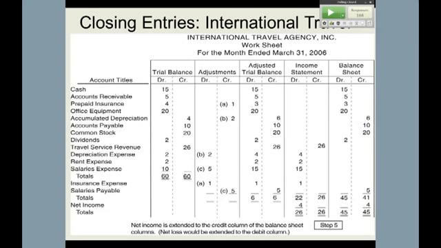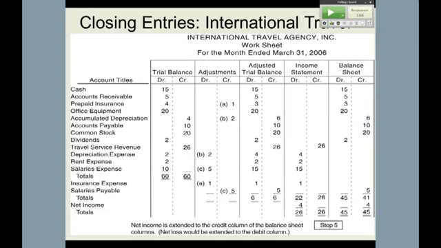Now again, if you're looking at a worksheet, and again, this could be a multiple choice question, I could give you a worksheet in the next exam, and you'd have to go down and pick off the accounts that get closed. Don't forget, even below this total, we had to create, or at least open up, the insurance expense account in the adjustment process. All right, so now let's take a look at this. I'll put the entries up on the screen in a second.